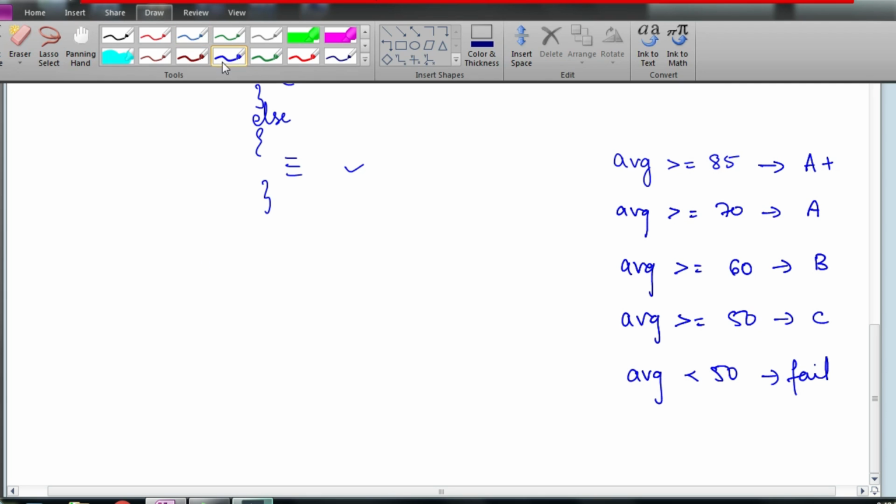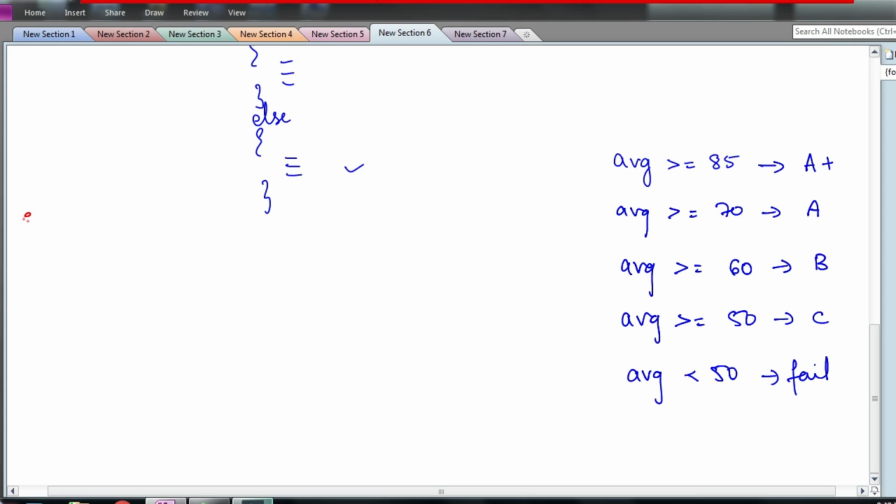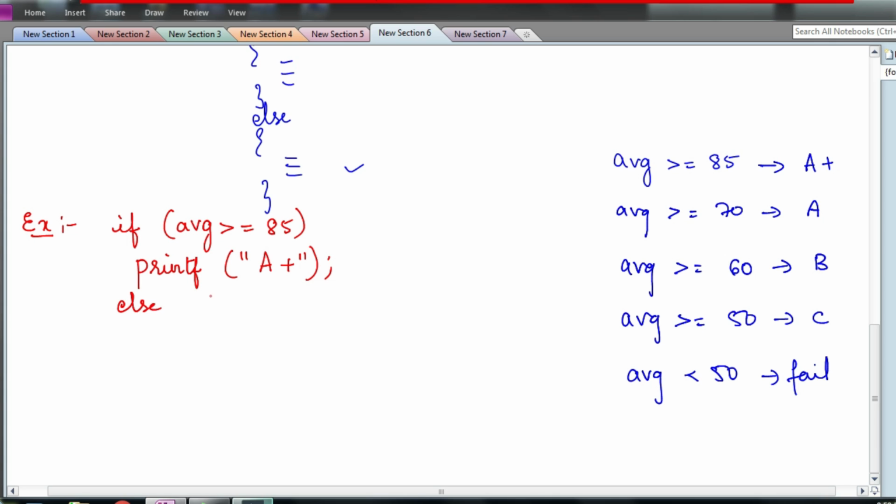Now we will write the ladder if else statement to determine the same. So what is my first condition? If average greater than or equal to 85, printf A plus grade. Okay, else if, so note there is an else space if, not elif. Elif is there in a different language, not in C programming.